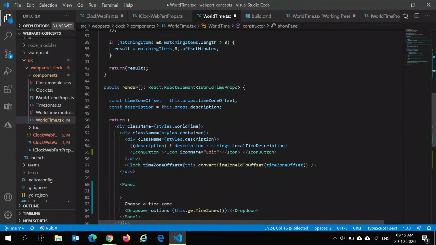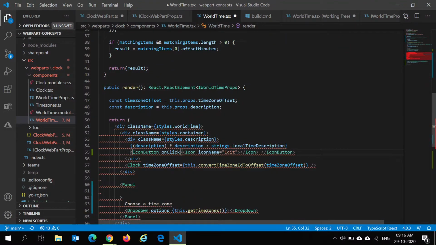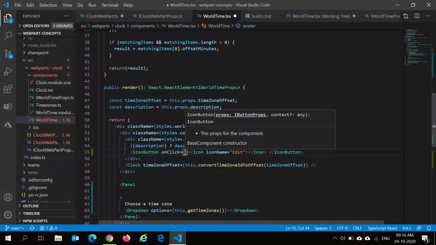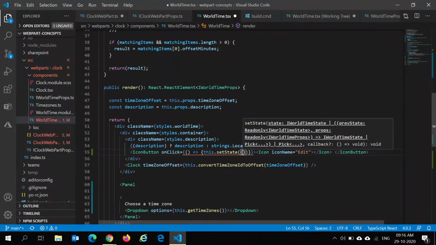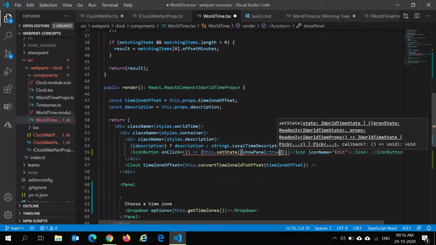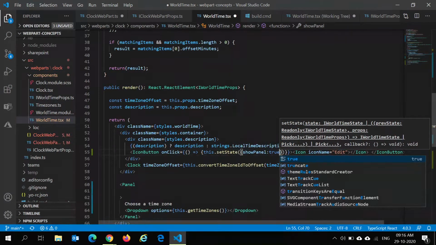So now what happens whenever the user clicks on this button, which is the edit button. So I'll change the state for show panel to be true. So that's what I'll do here. This dot set state, I'll say show panel true, right?